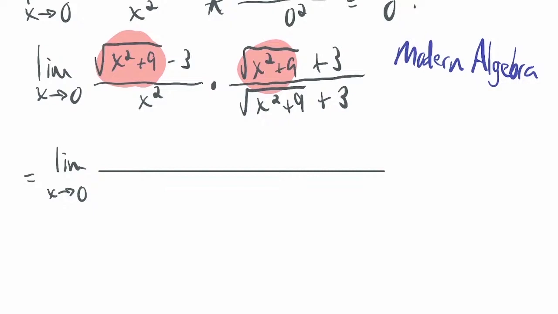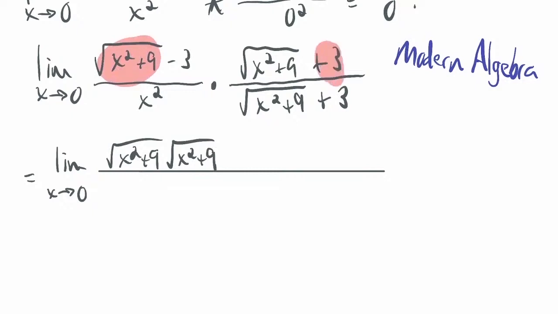So I'll have the square root of x squared plus 9 times itself, which I could cut corners and just get the result faster, but I don't want to leave out any details and then leave anyone confused. So take the time to write out each step. Okay, and then we'll have